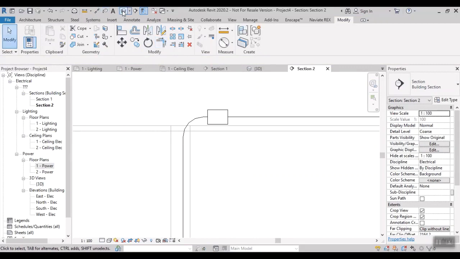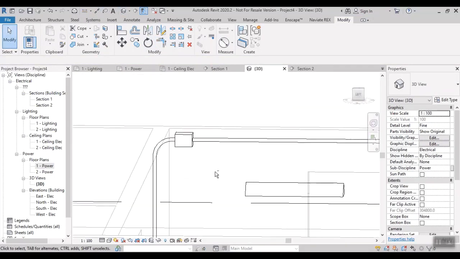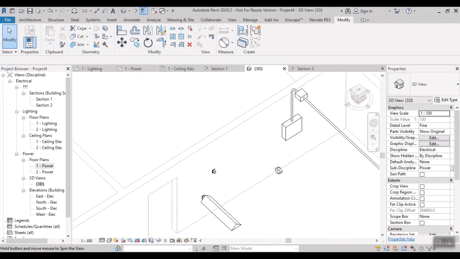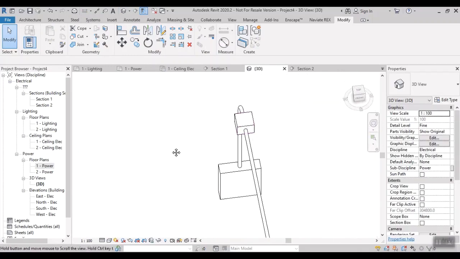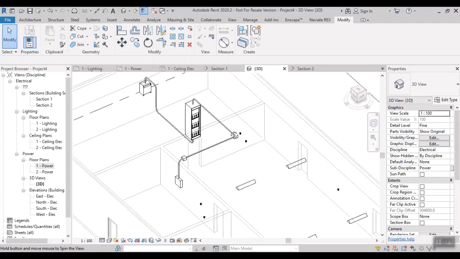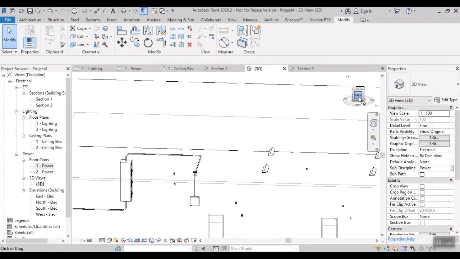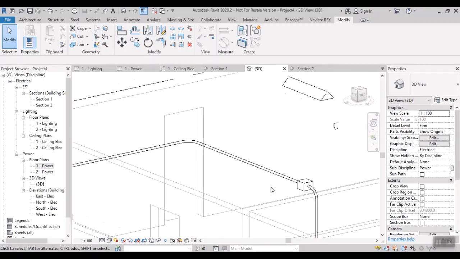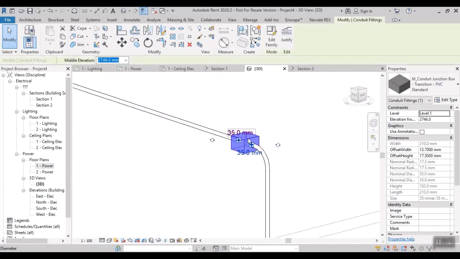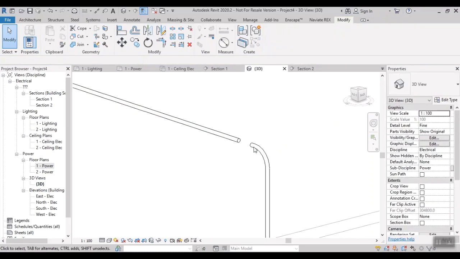Go to 3D view. Okay, it's taking a junction box, so the reason is maybe an alignment problem, I think so. No, it's correct. It's okay. Just delete the junction box and delete the elbow. I'll use the trim option.